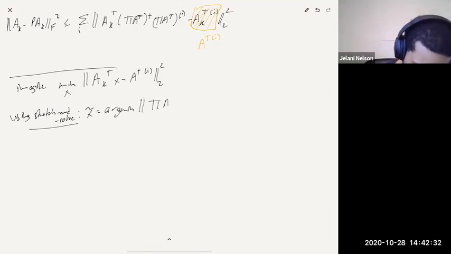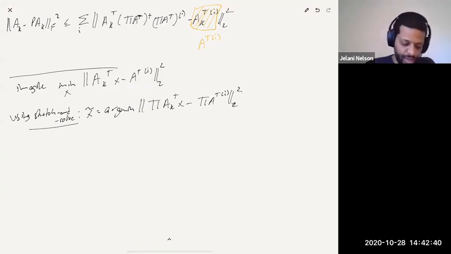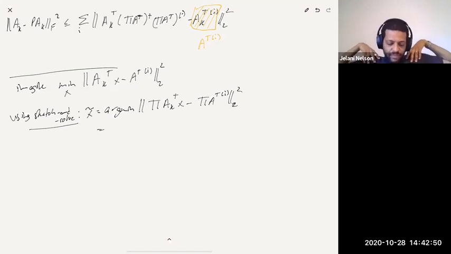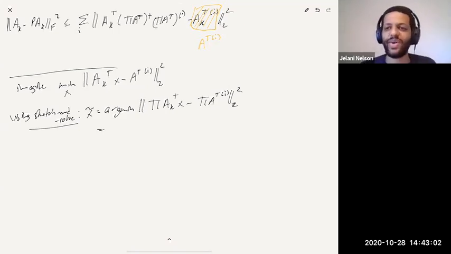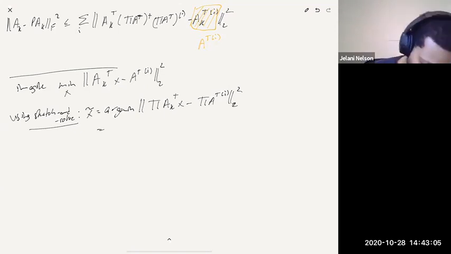of the pi version, pi AK transpose X minus pi A transpose I, which has a closed form solution for the minimizer. Basically you want X to be such that pi AK transpose X is equal to the orthogonal projection of pi A transpose I onto the column space of pi AK transpose. Okay, so I know that sounded very annoying to say, but this is just exactly equal to